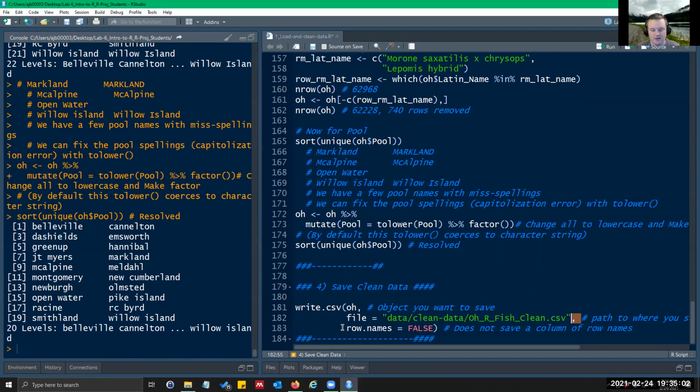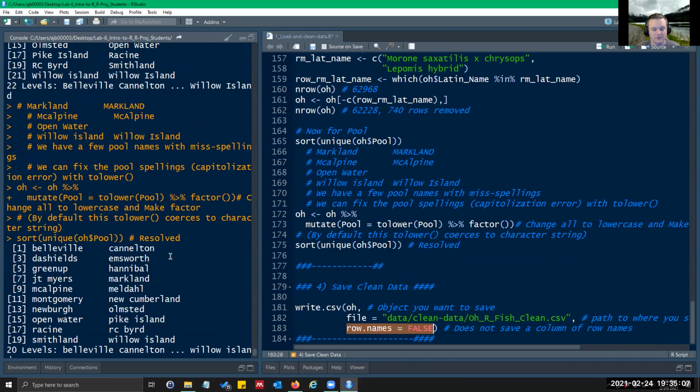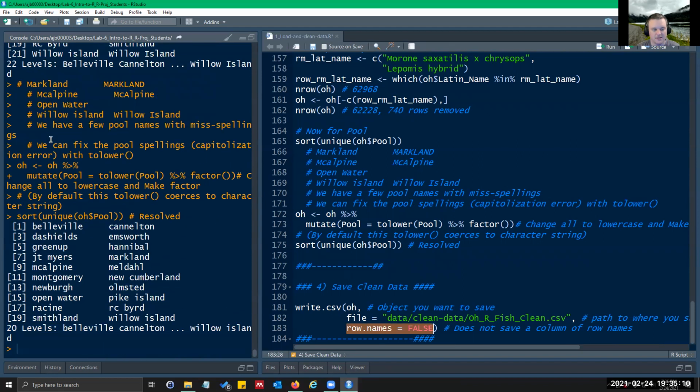Now I have another comma, and I use row names equal false, so that will just remove the row names. In this case, it's just 1, 2, 3, 4. In the mtcars data, it was the name of the cars. I don't particularly want that. If you were going to save mtcars, it might be useful to not use this command or to just change this to true, because you might want to know what cars they are. But we didn't name our rows. I don't need an extra column of just 1 through however many rows I have.